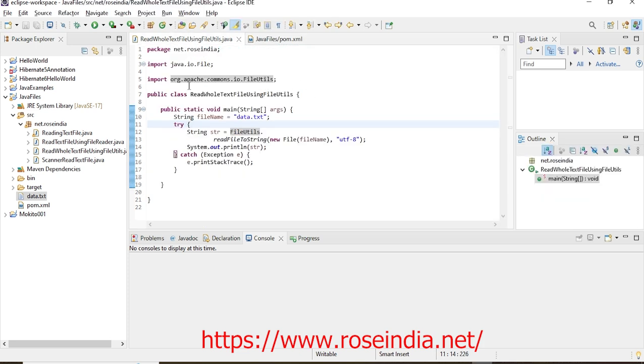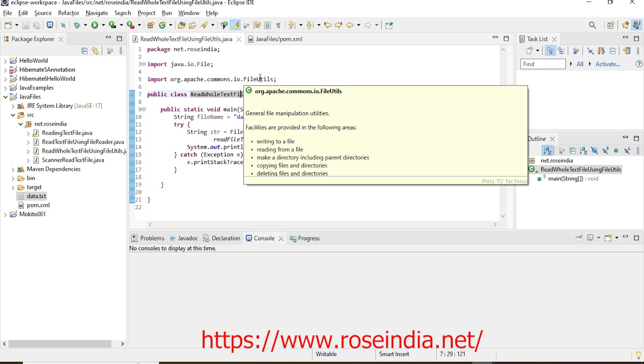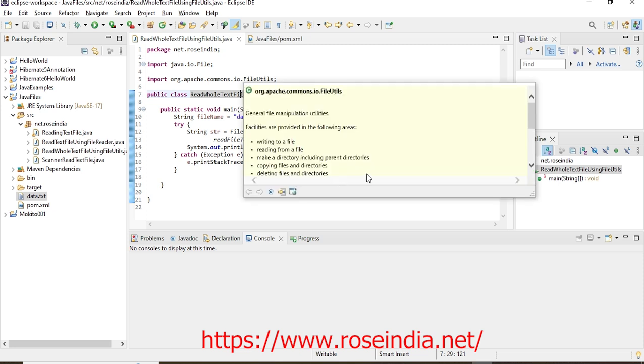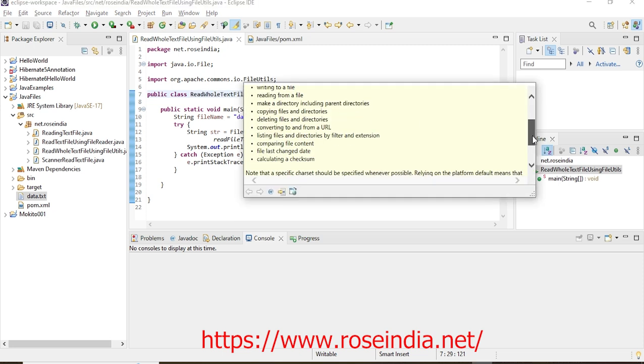So I am importing org.apache.commons.io.FileUtils. This provides general file manipulation utilities from Apache, and it is used to write to a file, read from a file, make a directory including parent directories, copy files and directories, delete files and directories, and many other